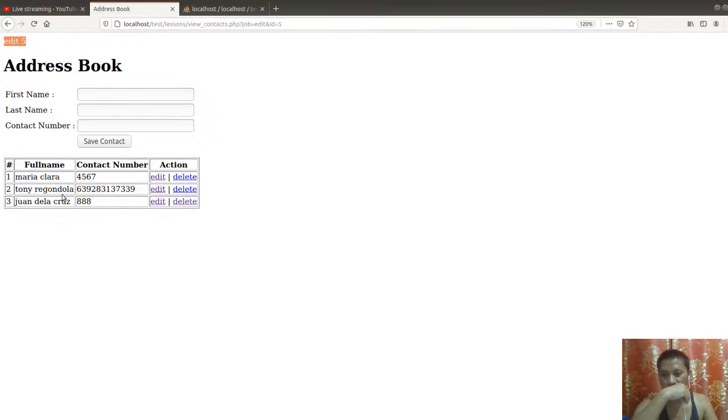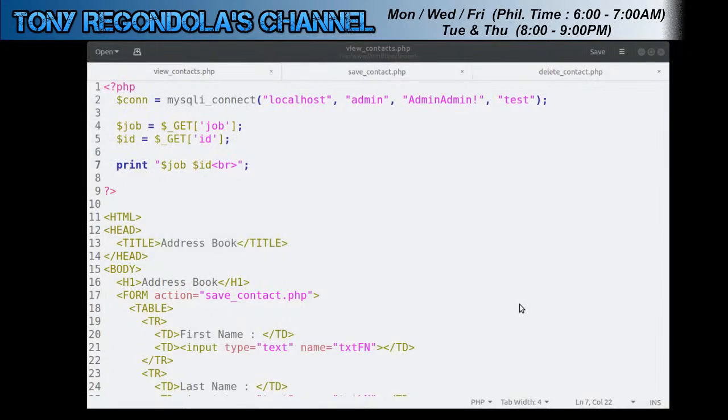So we're not fetching yet the values from here, but we're just getting the URL variables because this is our key, our way on how to retrieve these values. Okay, going back to our source codes. Let's check our source code. So from here, we are getting this correctly. Okay, so from here we are going to